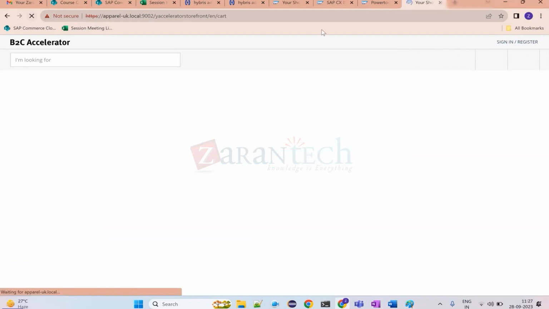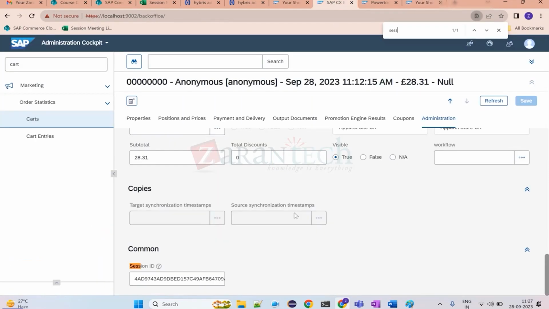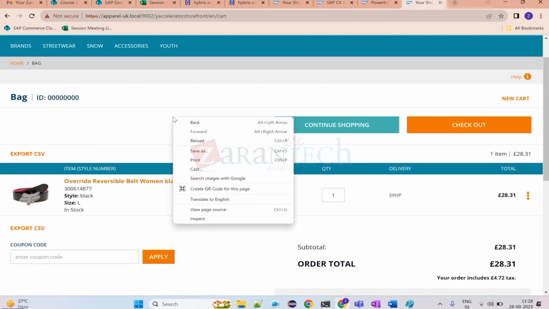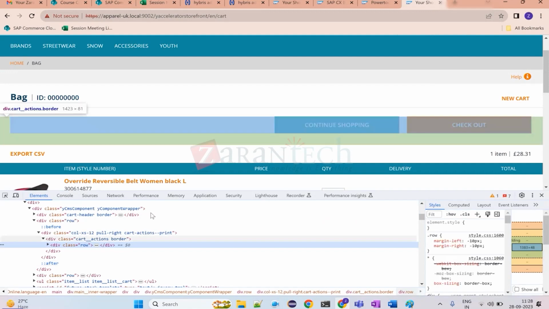Yes. I think it will not change from here. I will change the cart from here. Save it. It is not lost. I think it's